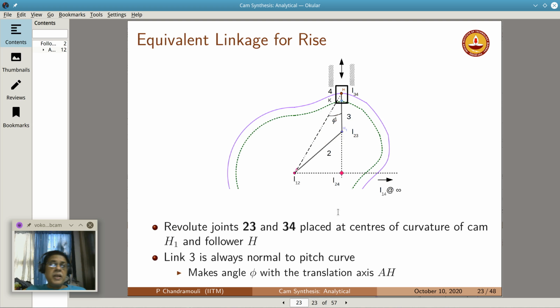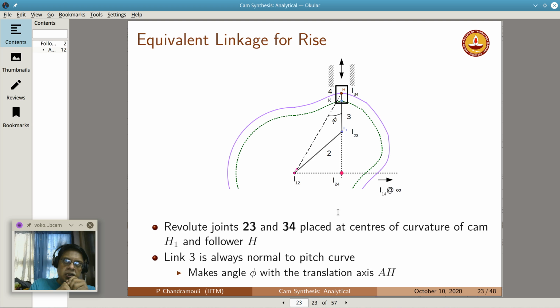So let me repeat those steps just for the sake of clarity. Here is a snapshot, the equivalent linkage. The equivalent linkage is constructed by locating the center of curvature. Remember my old potatoes that I had drawn a few videos ago. How did we construct the equivalent linkage? We looked at each of those bodies which are in contact. We said that the common normal